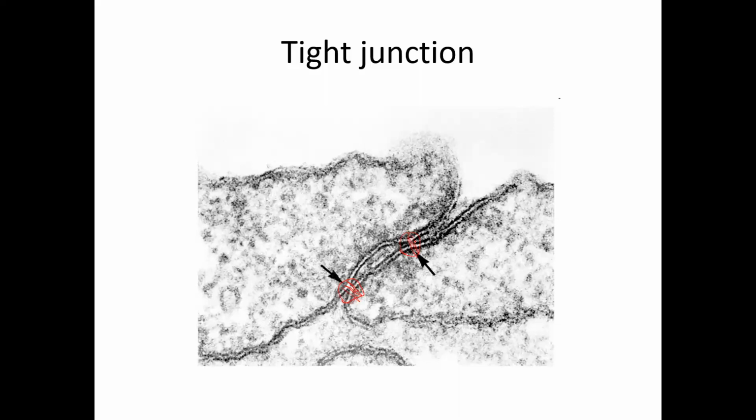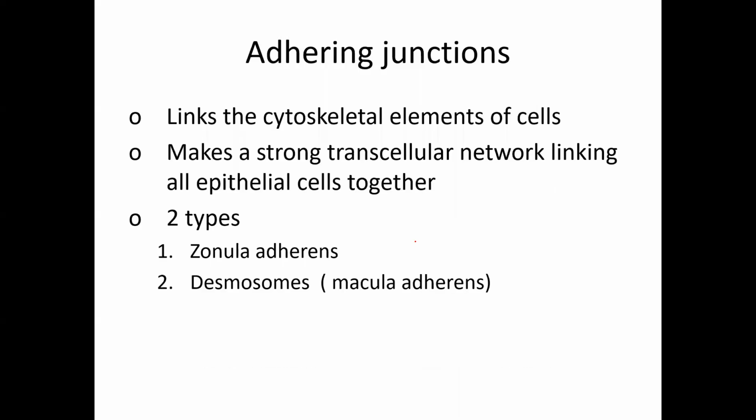Now, talking about adhering junctions. Different books will give you different classifications, so don't worry about it. Just remember one classification; it will be easy if you stick to this particular classification. You can go and look at your Vitas also, which might have slight differences, but stick to one classification, otherwise you get confused. Adhering junctions generally fix each of the cells together and they are linked to the cytoskeletal